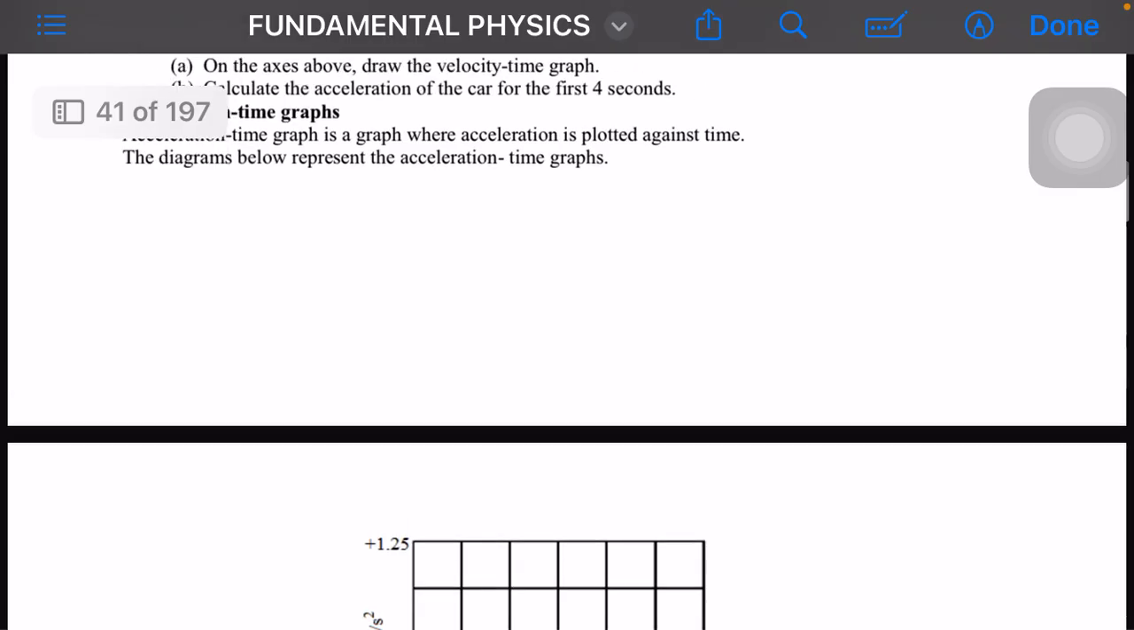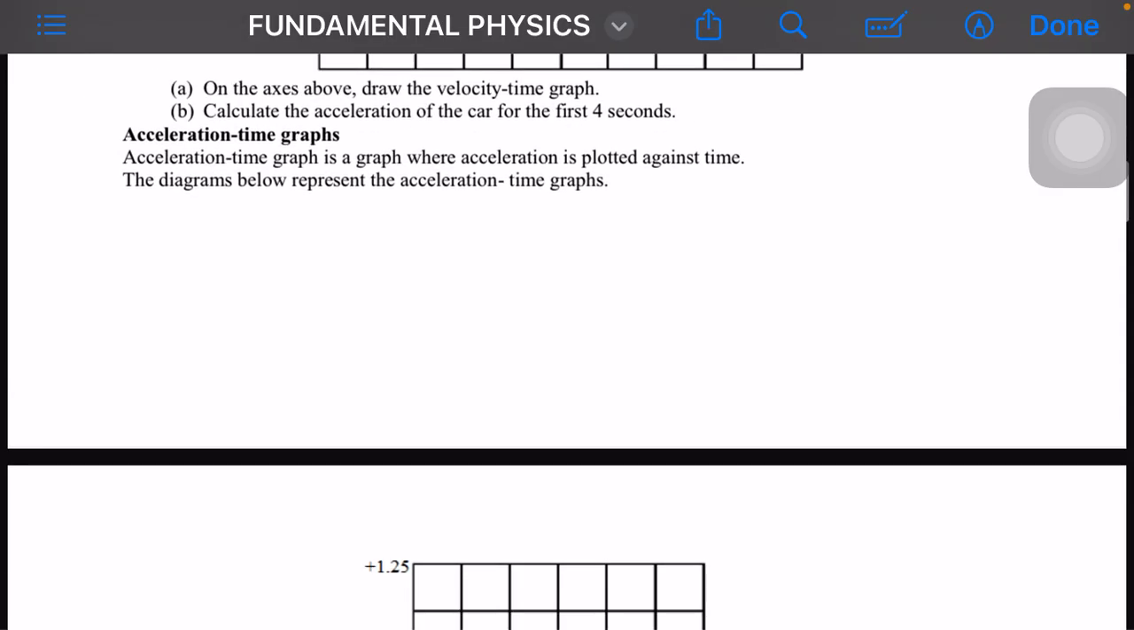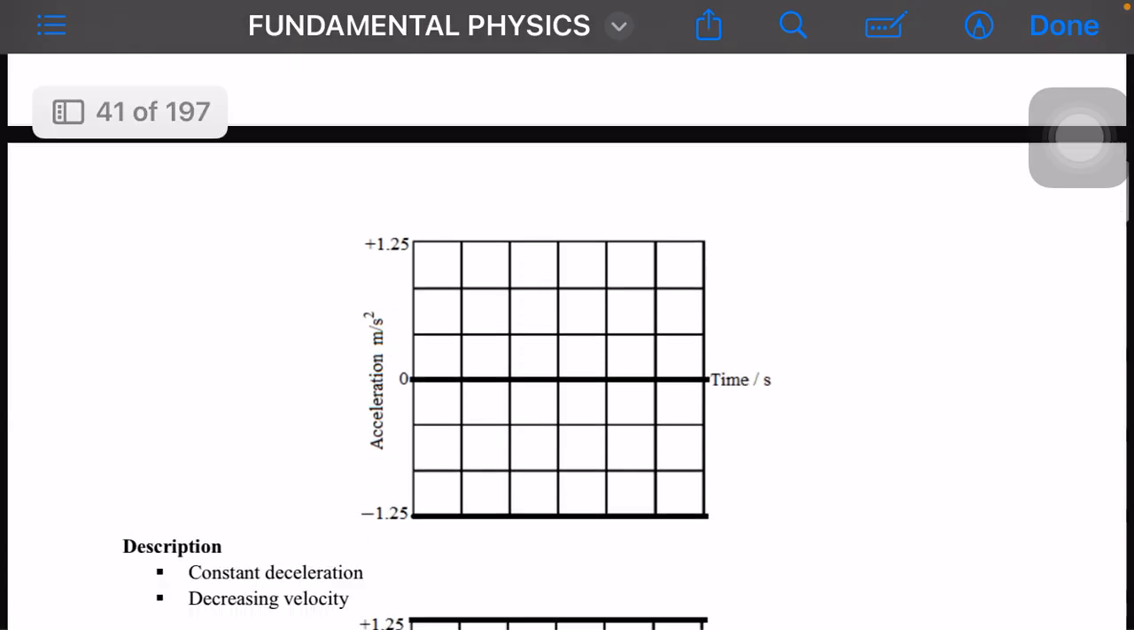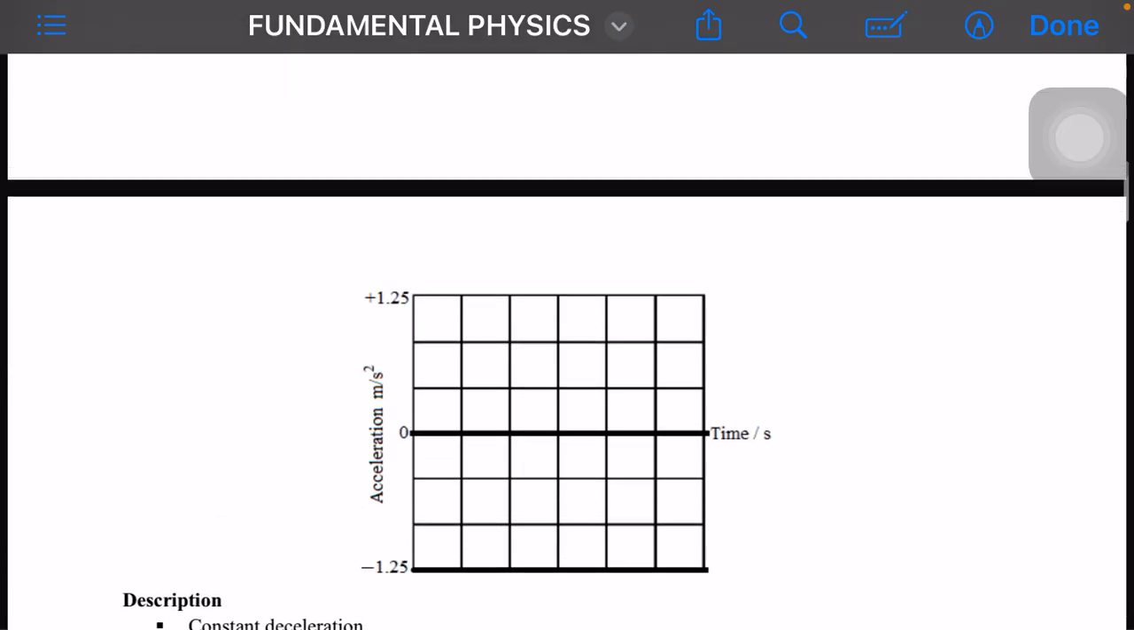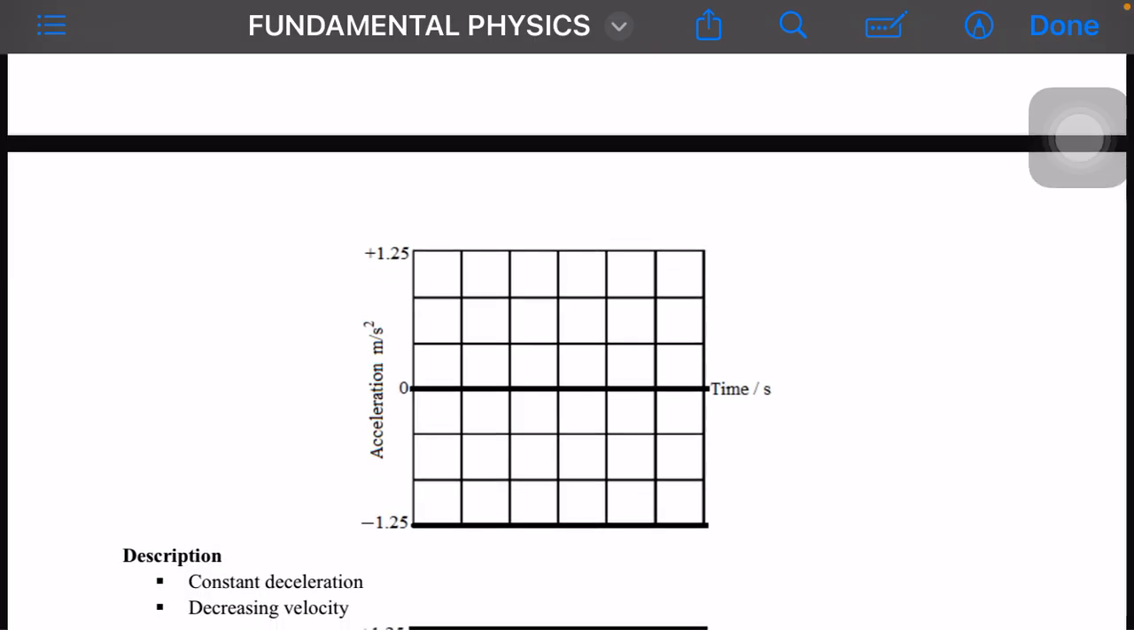Okay, let's look at acceleration. Acceleration time graphs. An acceleration time graph is a graph where acceleration is plotted against time. The diagrams below represent acceleration time graphs. So each time you see this kind of graph here, which is on your screen right now, it simply means that constant deceleration. Here, the line at the bottom here,